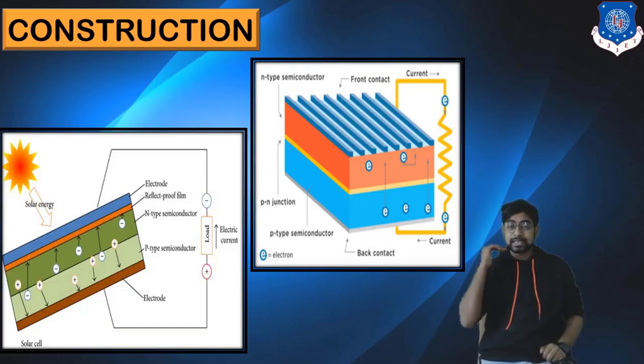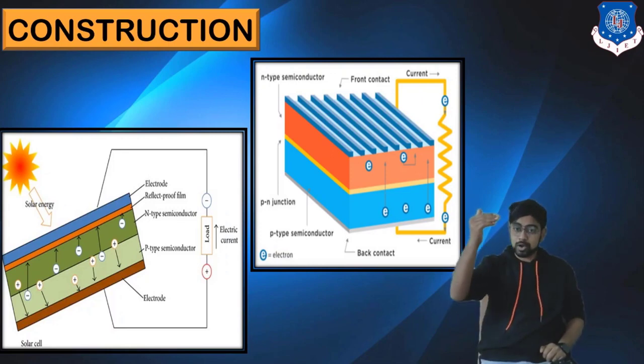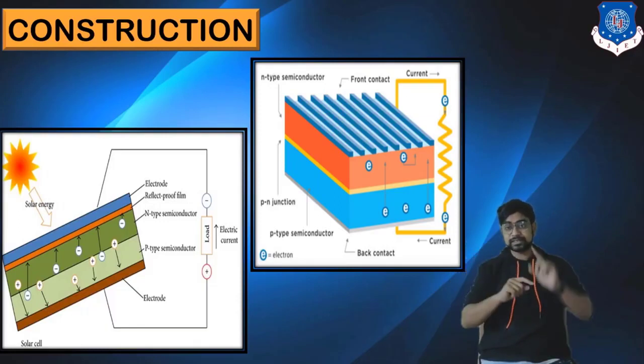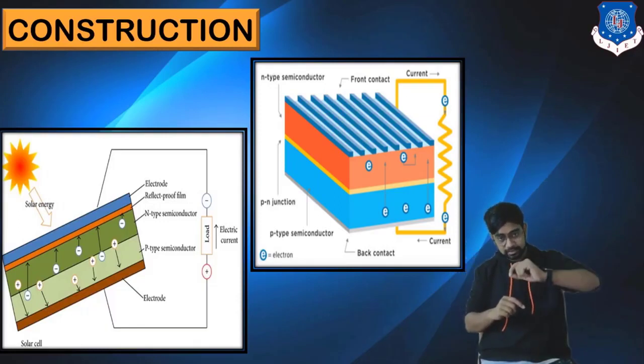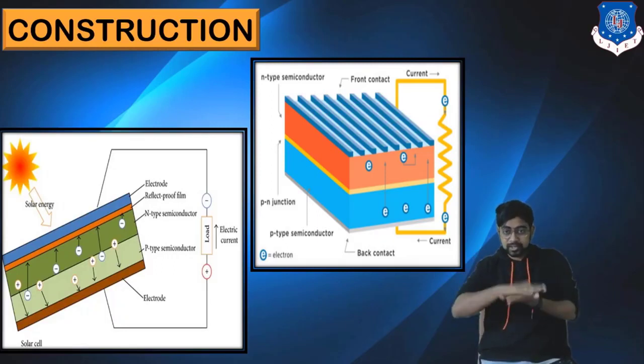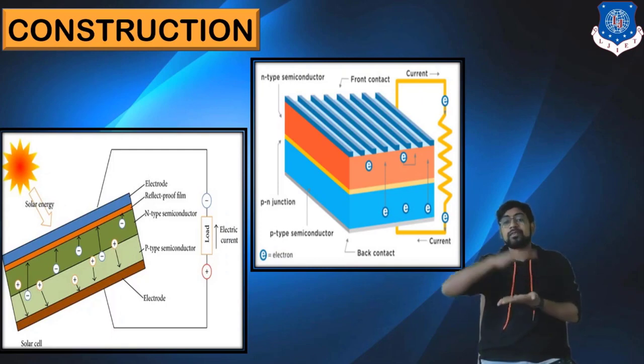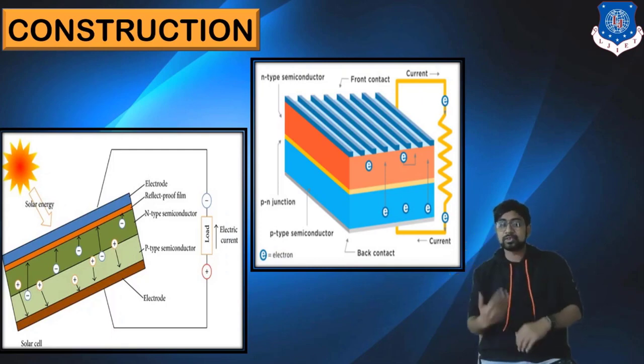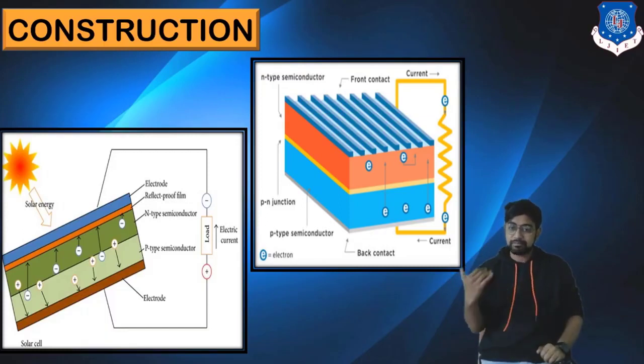Along with that, there is an anti-reflective coating. Why? Because of the reflections from the sun, for example, and internal reflections, so that the internal reflection doesn't go out and cause a loss of photon energy. As the light from the sun is incident on the surface, some part will reflect back, so to block that, we are using this anti-reflecting surface. After that, you have the p-type and n-type material as well as the junction from where the entire process is conducted.